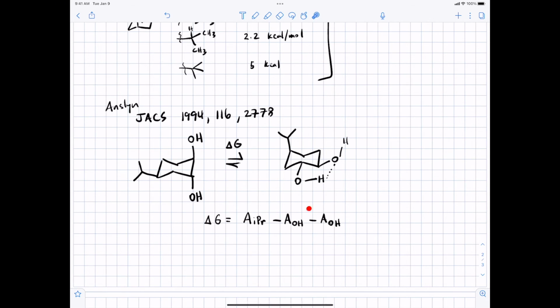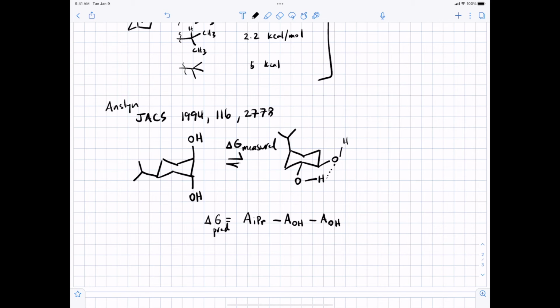In other words, I get these numbers back when I go from axial to equatorial. And then I lose some stability when this goes from equatorial to axial. So you measure the actual number and,